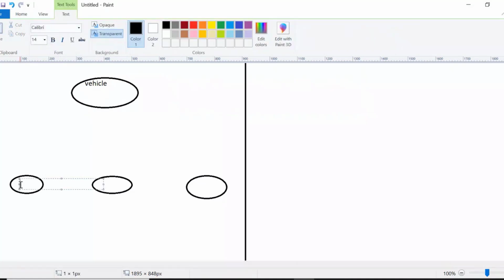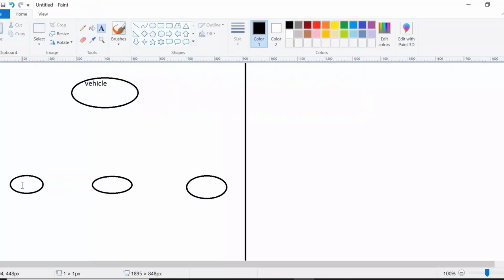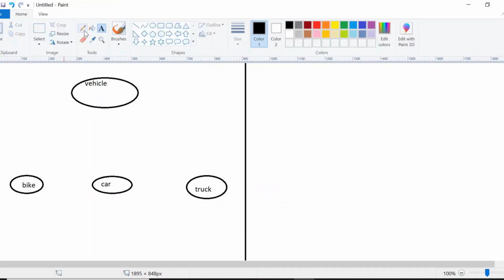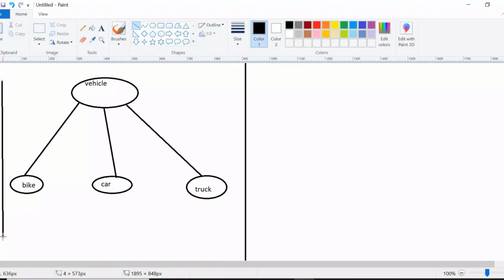So this is your vehicle class, and here you had a bike, here you had a car, and here you had a truck, right? When you talk about inheritance, you say that bike is a vehicle, car is a vehicle, and truck is a vehicle. This is what we were talking about previously. The flow in this model is from top to bottom, not from bottom to top.